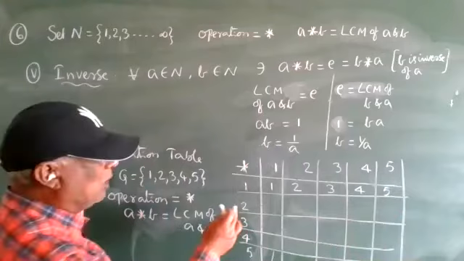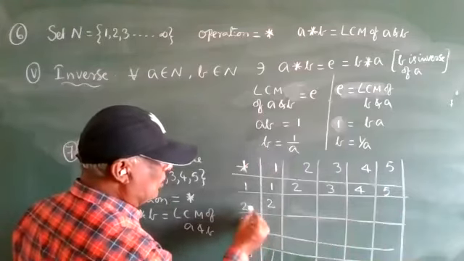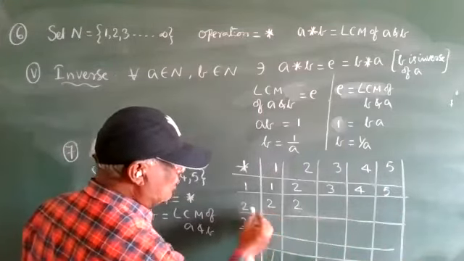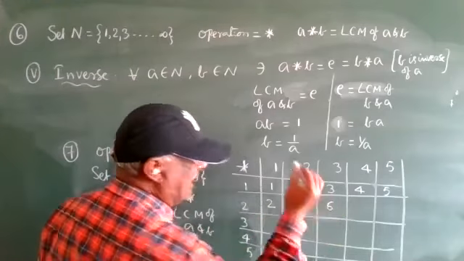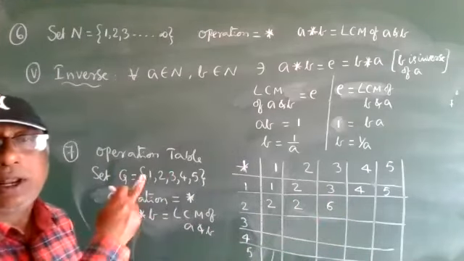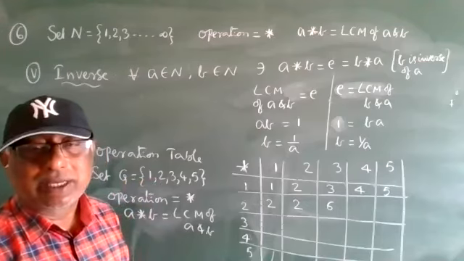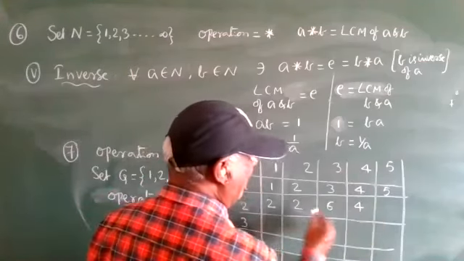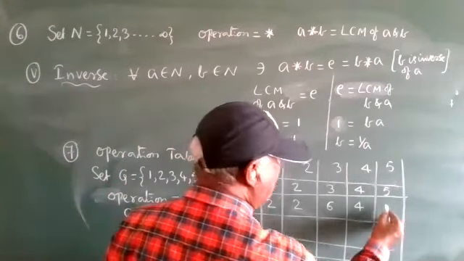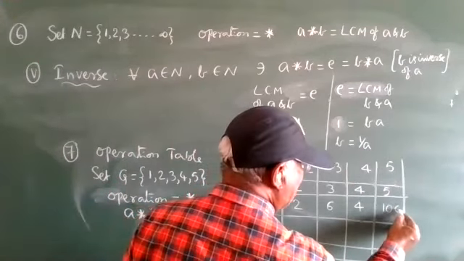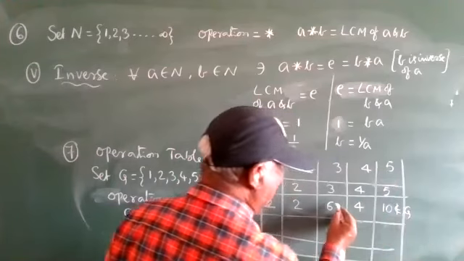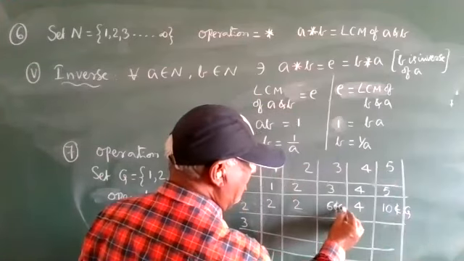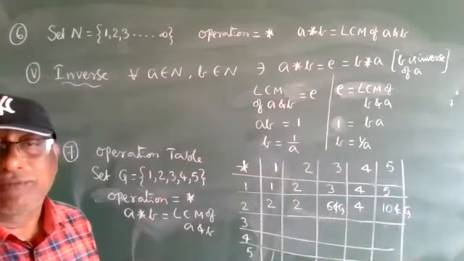Next, 2 and 1 is 2, 2 and 2 is 2, 2 and 3 is 6. 6 does not belong to the set, so it fails. 2 and 4 is 4, and 2 and 5 is 10. 10 does not belong to the set G, and 6 also does not belong to the set G. Therefore, it is not a